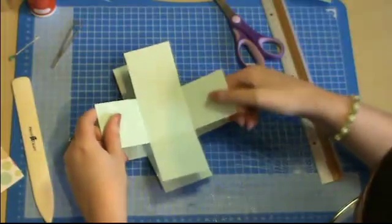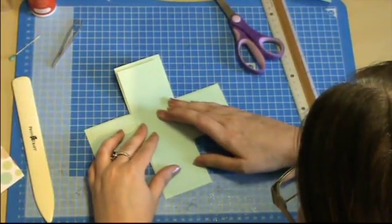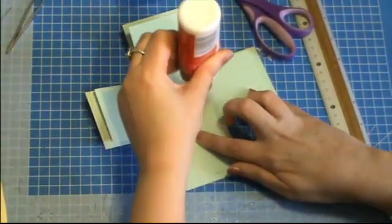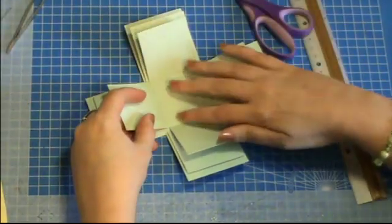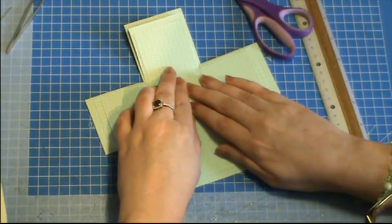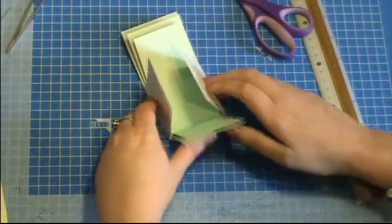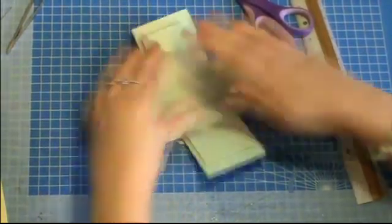So we'll put the middle size layer on, and you just line it up. Okay, once that's done, we're going to glue the final one on, the one we just cut out. Okay, and we just line that one up too. Let's move that over slightly. You can see it's pretty much lined up. And there you go, there are the arms of your exploding box. Right, next we'll get...